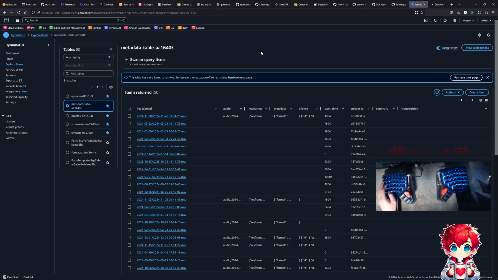Now theoretically, if we were to know that we were only filtering for one thing, we were to know that there was an index,